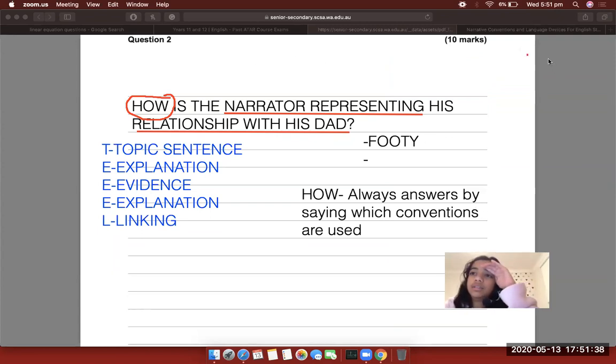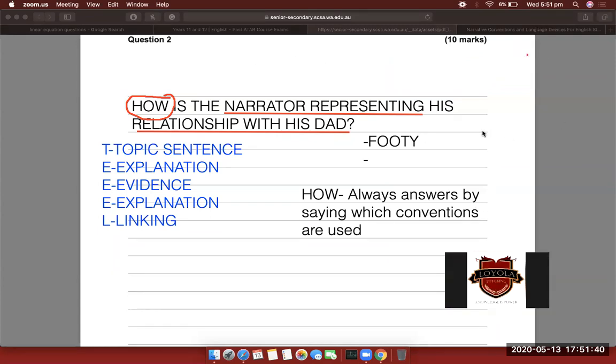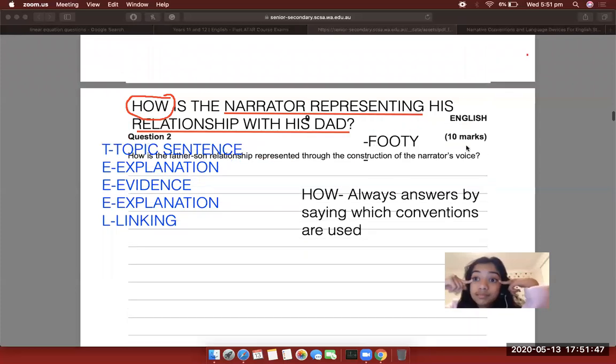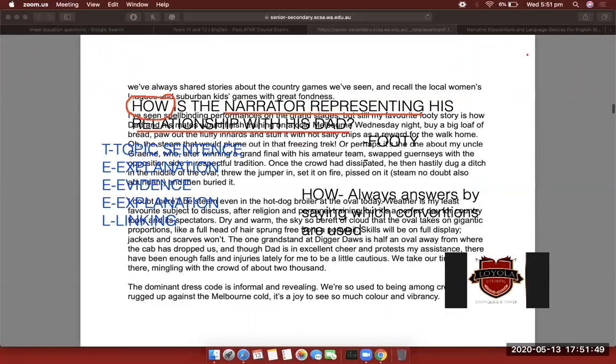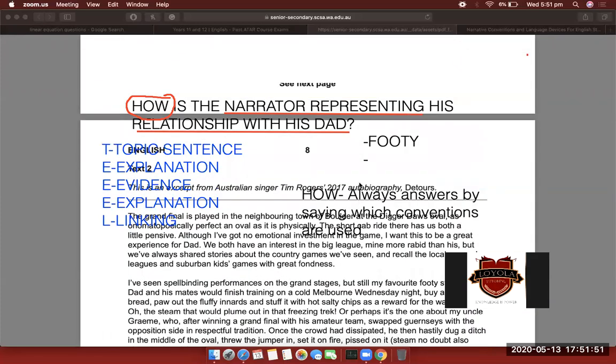Okay, so I think I'll move as well. But yeah, do you guys understand how that works now? Yes. So next lesson, hopefully on Monday, we'll finish off this whole thing where we write a full paragraph for it, and then we'll finish it off, okay? But for now, what I want you to do is,